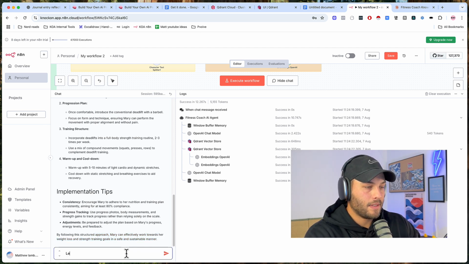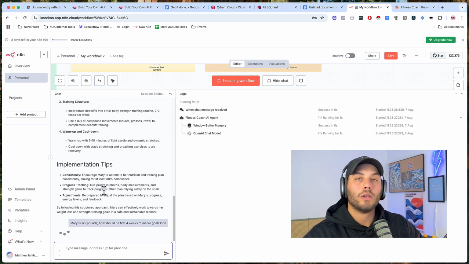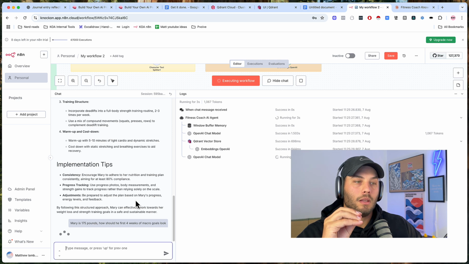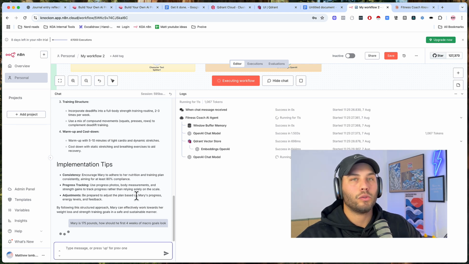Let's say Mary is 100 pounds. Not 100 pounds. Mary is 175 pounds. How should her first 4 weeks of macro goals look? And what it'll do, it'll calculate what is the best macro split for Mary within the first 4 weeks. So let's take a look when it gives us the response, and then I'll go through how to implement this